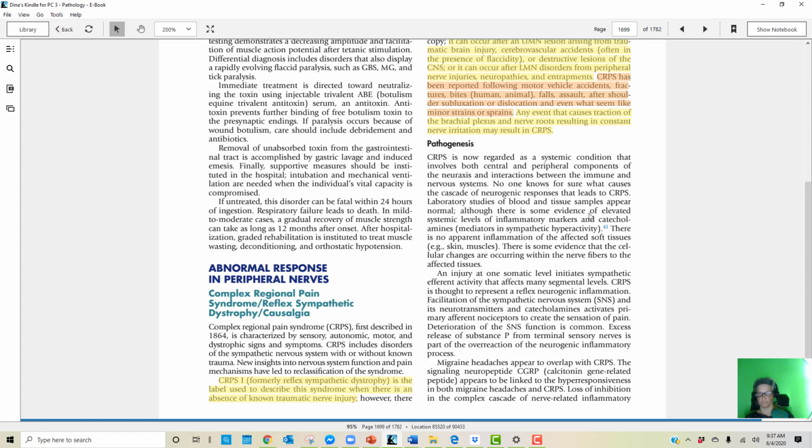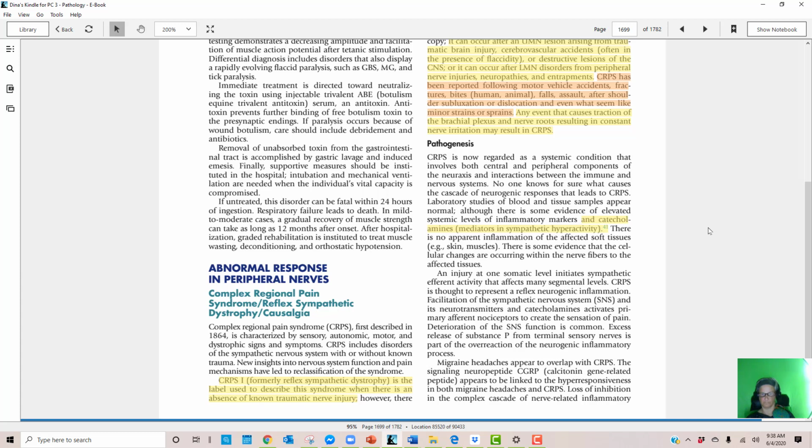There is no apparent inflammation of the affected soft tissues, for example, skin, muscles. There is some evidence that the cellular changes are occurring within the nerve fibers to the affected tissues. An injury at one somatic level initiates sympathetic efferent activity that affects many segmental levels. CRPS is thought to represent a reflex neurogenic inflammation, facilitation of the sympathetic nervous system, SNS, and its neurotransmitters and